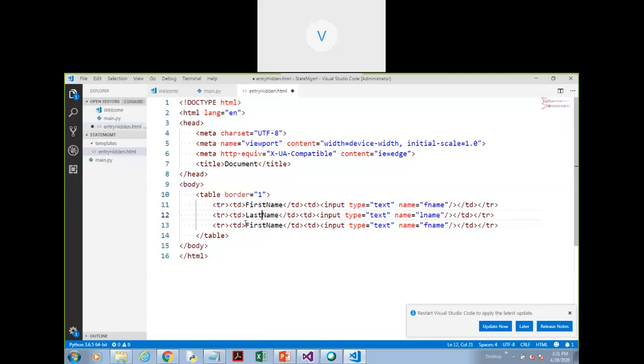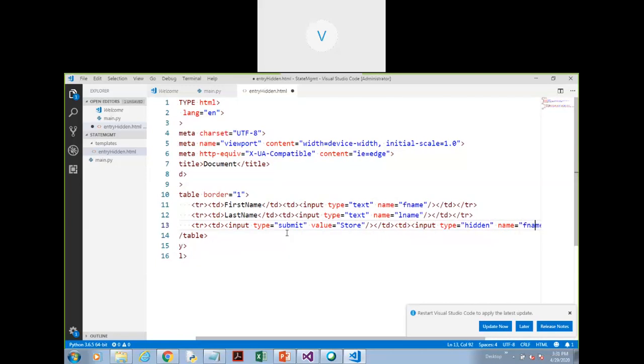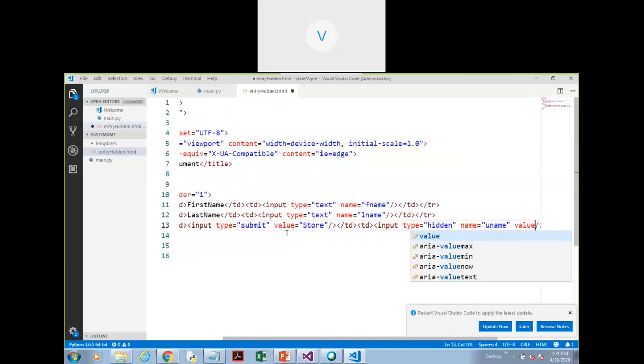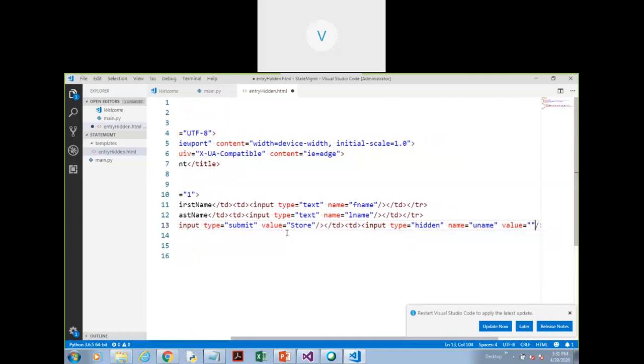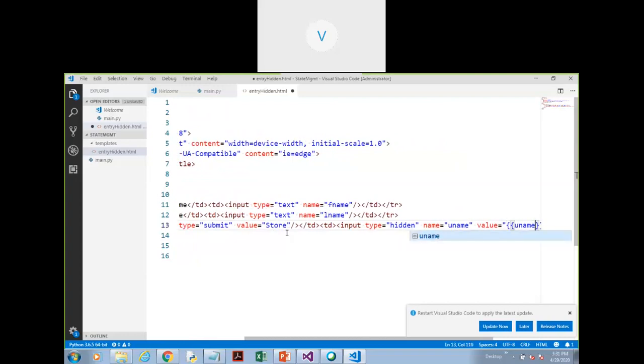So this is for the last name, and then I will be creating one submit button. So input type is equal to submit and value is equal to store. Now for storing the information I want to create a hidden field control. So input type is equal to hidden, name is equal to uname, and then value. Currently I don't have the value, but it will be in some variable, say uname.